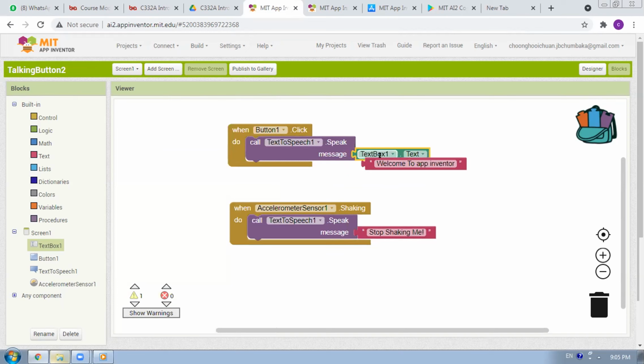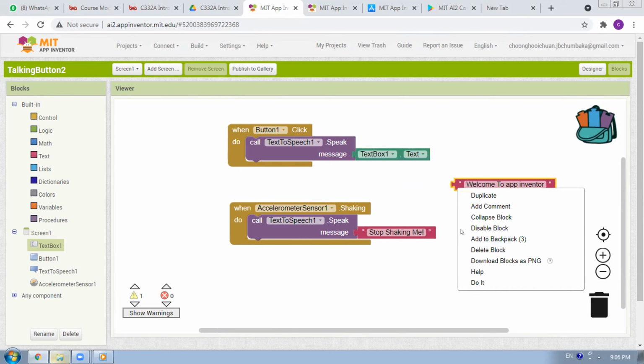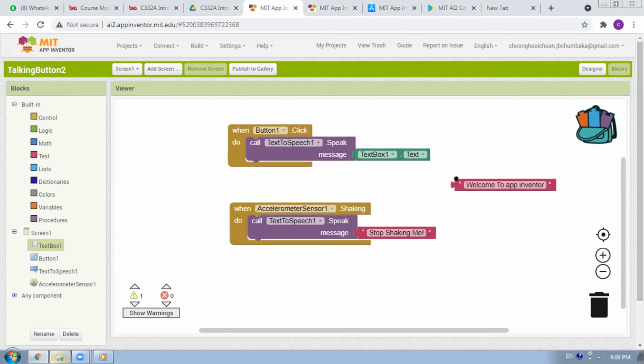If we want to delete these blocks, you can see the recycle bin right below here. We click and drag the blocks to the recycle bin to delete them. I think right click also can delete, right? Okay, cannot. So we click and drag to the recycle bin. After we delete the blocks,